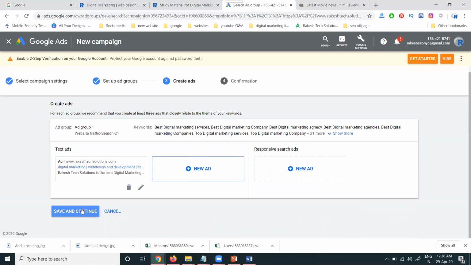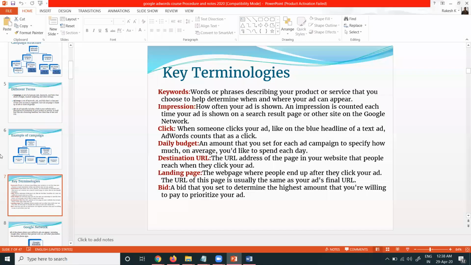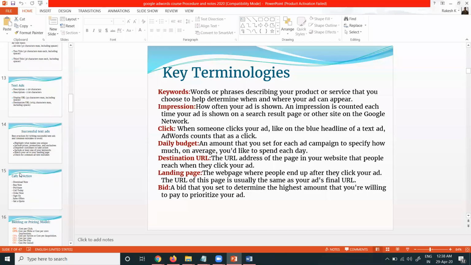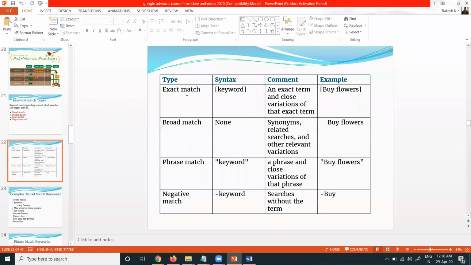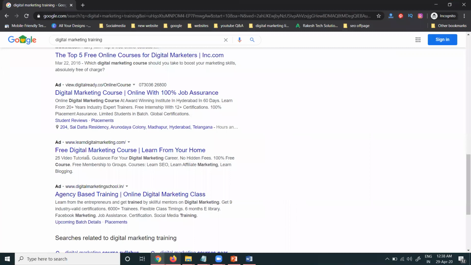When I'm formatting the particular keywords, it depends on the particular match types. What are the matches? There are three match types. The matches determine how your ad shows in Google search results. The matches are exact, broad, and phrase match. This depends on how your ad is displayed in the Google search results. This is how we can show it to the customer, with our address extension and link extension, everything in a particular option.